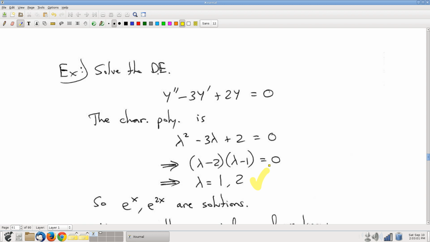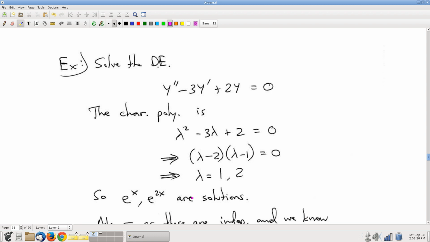Once you know the roots, keep in mind the purpose of the roots is that those are the exponent coefficients of the corresponding solutions. So there we go. We found two solutions. Okay. We basically guessed, but this is a highly educated, clever form of guessing, and we guessed right. Okay, now